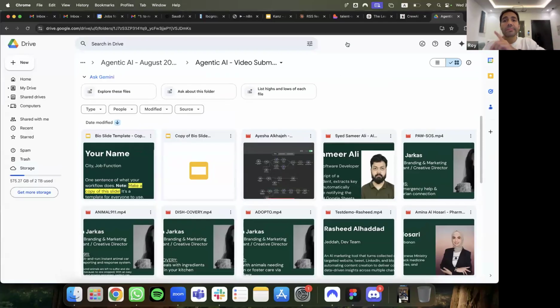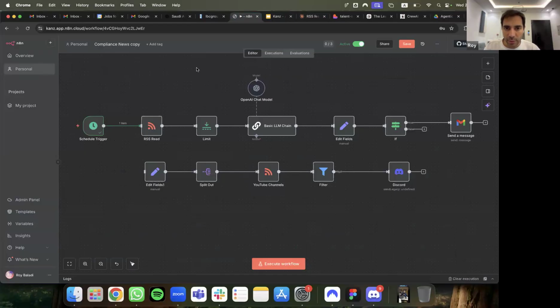For now, we're going to go to N8N and do exactly what I'm doing. Start from scratch. I'm going to do it the hard way, guys, because down the road, you will not need to build a workflow from scratch in 95% of the cases.